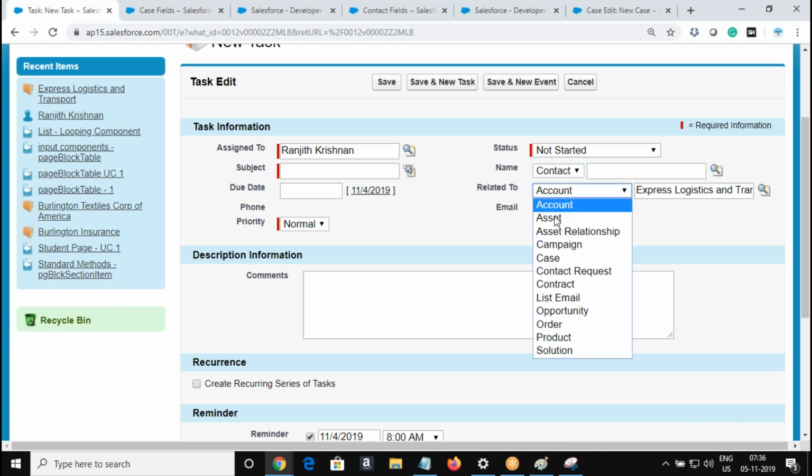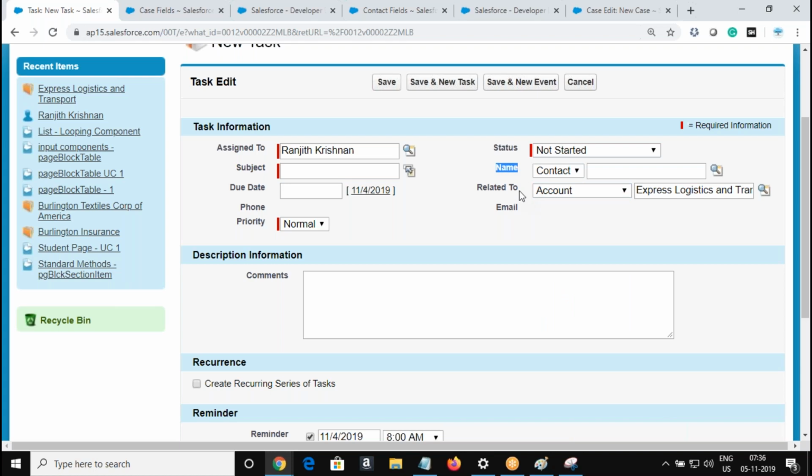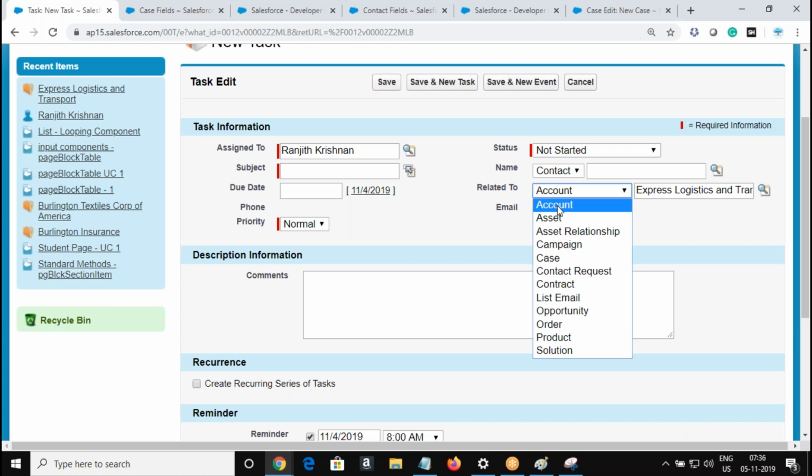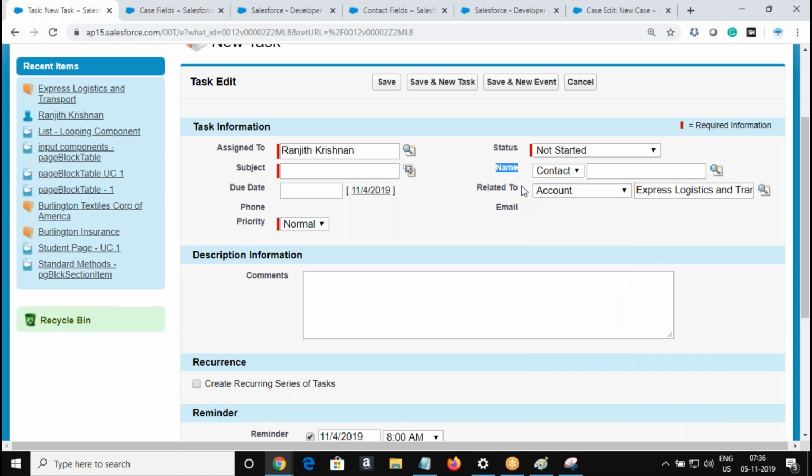In general, there are two fields in your task. One is related to a person, another is related to non-human. Non-human in the sense it can be a company or case or any custom object you create. Right. How to bring this? The question is how to bring this field in your UI.